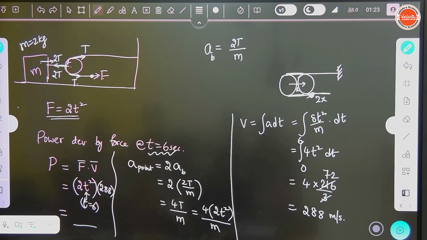Assignment number 17. So these are the questions based on the work energy theorem for a single particle. So look at the first question. Person A of 50 kg rests on the swing of length 1 meter, making an angle 37 degrees with the vertical. So another person B pushes him to swing onto the other side at 53 degrees with the vertical. So the work done by person B is,